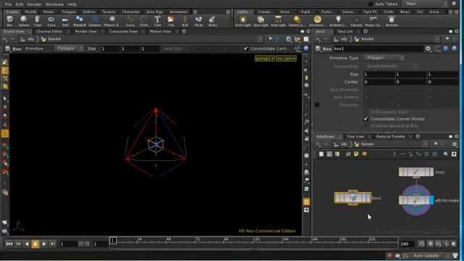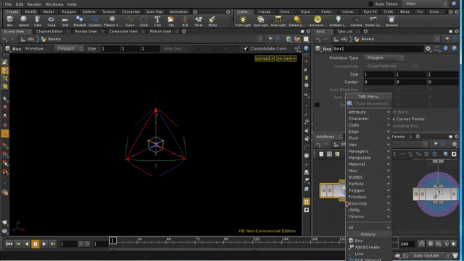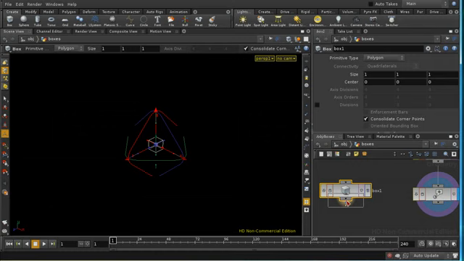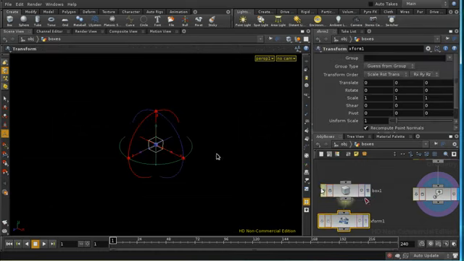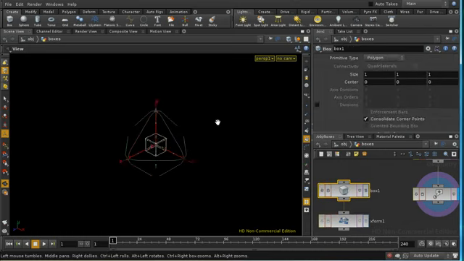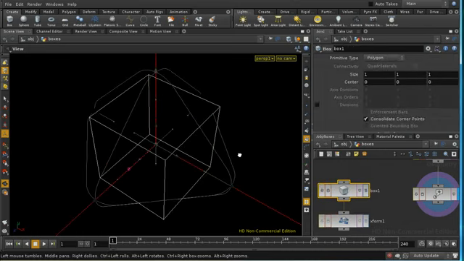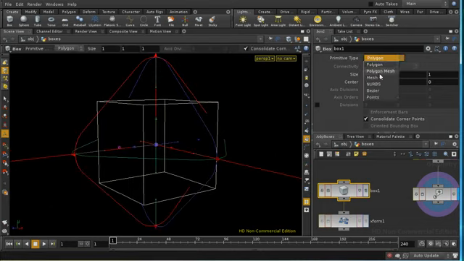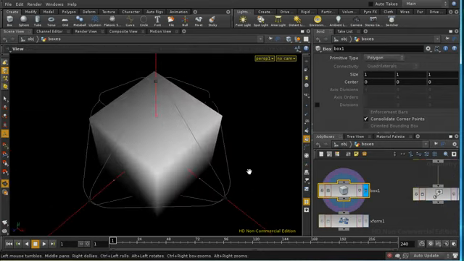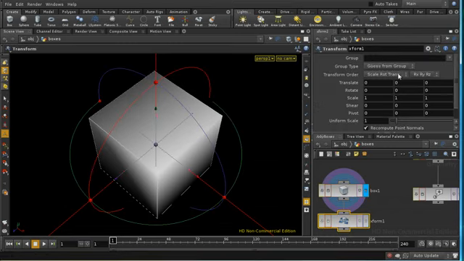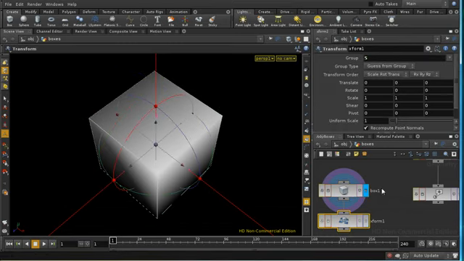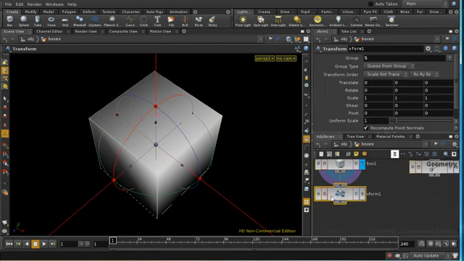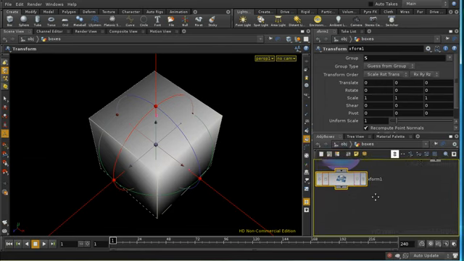and I'm going to take the box and I'm going to transform the top of the box. And the top of the box, if we have a look at the primitive numbers, the top of the box is polygon number 5. So if we apply the transform to number 5, that will ensure that the top of the